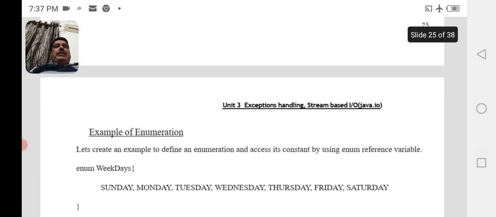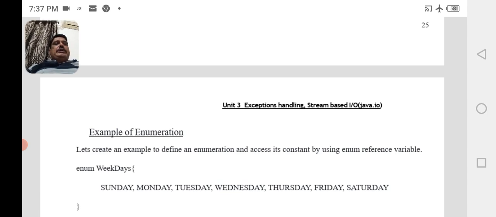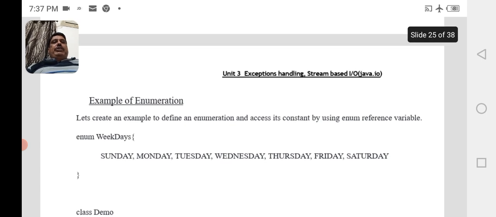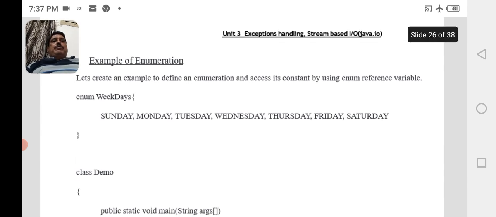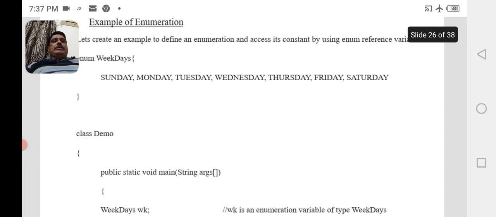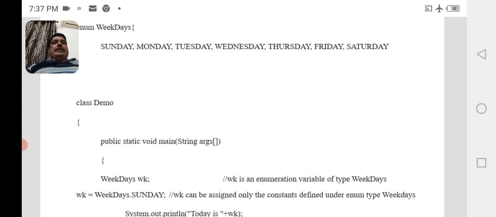Example of enumeration. Let's create an example to define an enumeration and access its constants by using an enum reference variable. Enum weekdays: Sunday, Monday, Tuesday, Wednesday, Thursday, Friday, Saturday. Class demo, public static void main, String arguments, weekdays WK. WK is an enumeration variable of type weekdays.